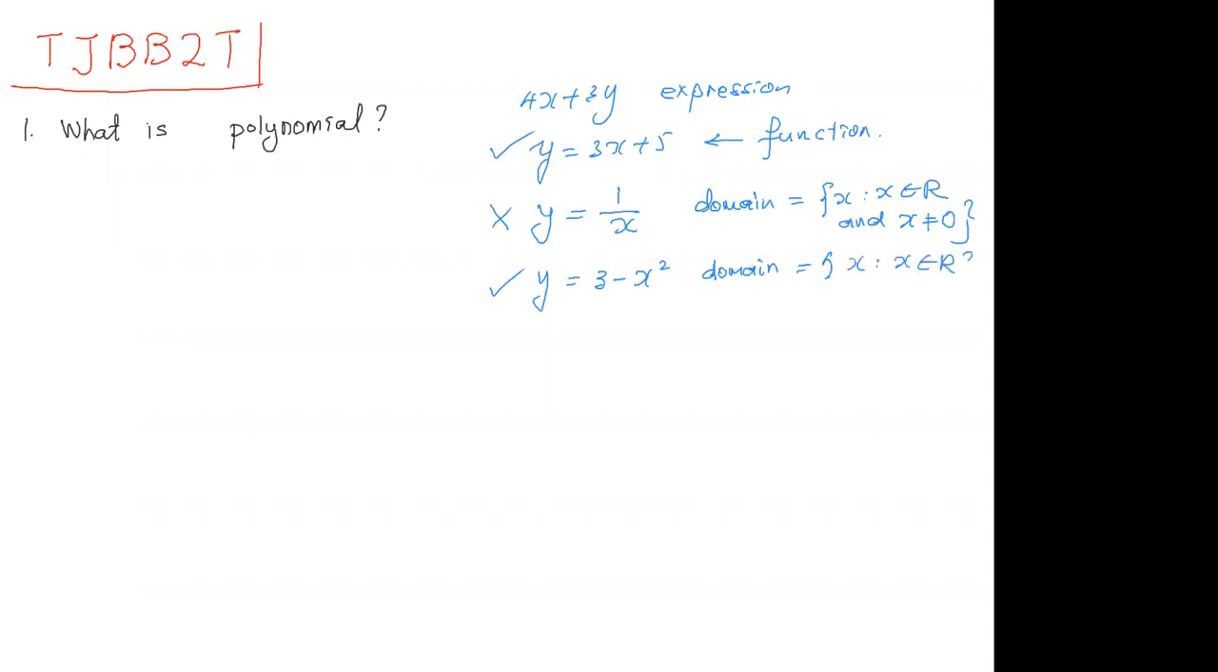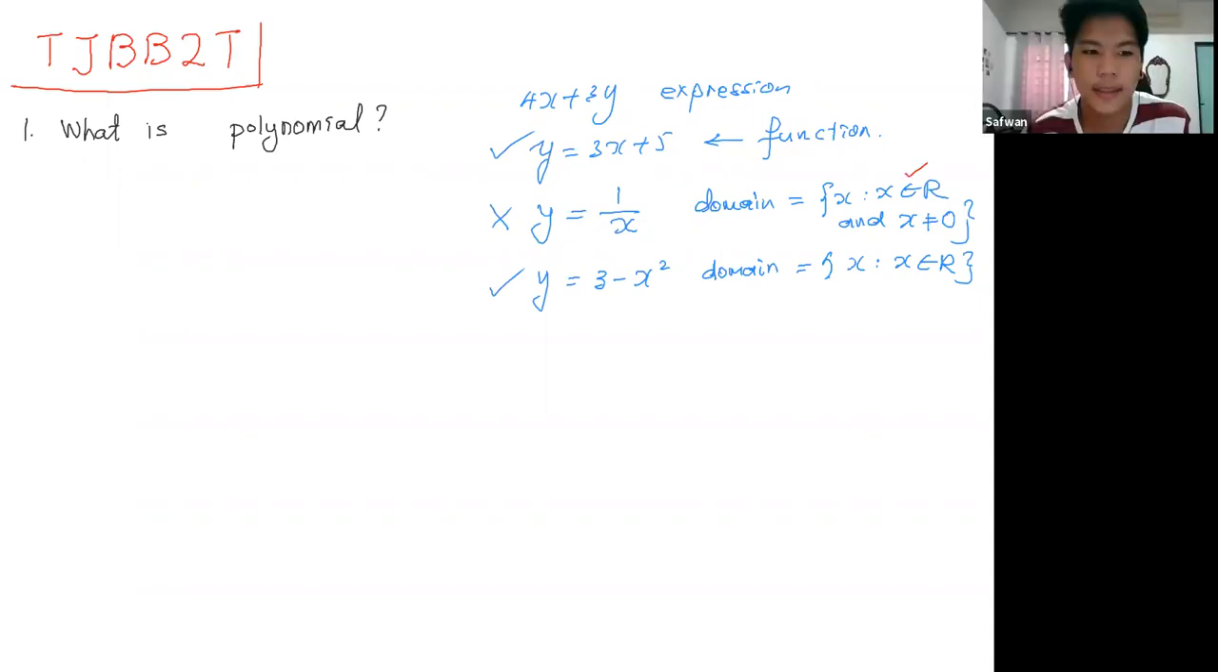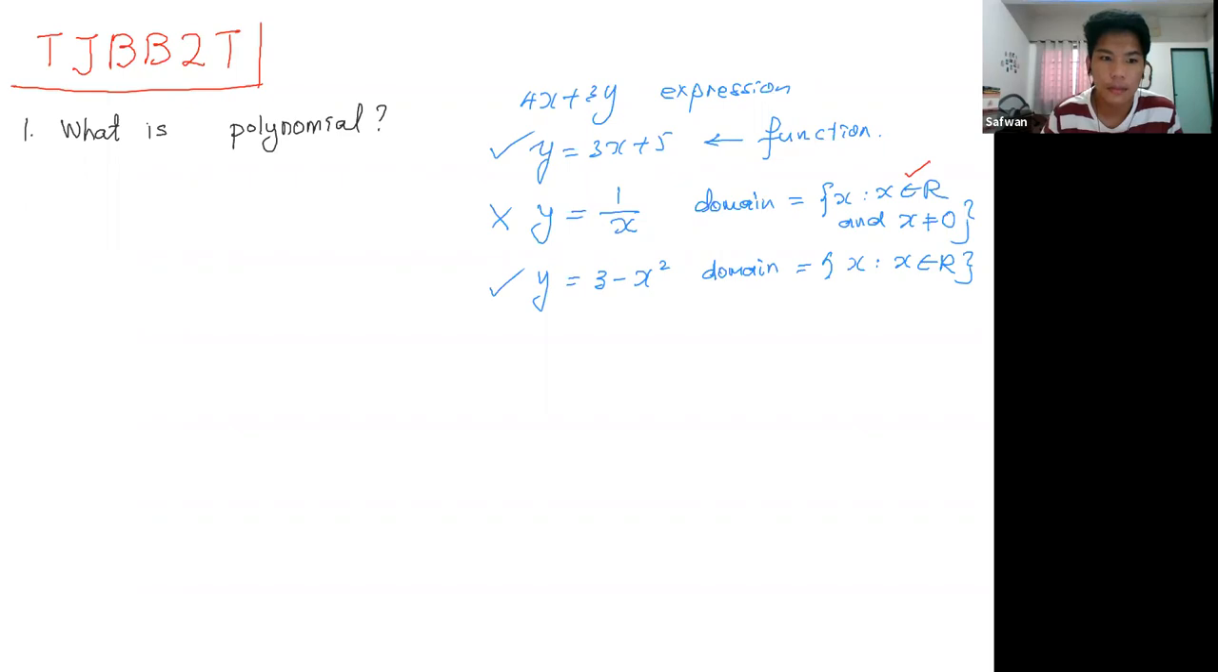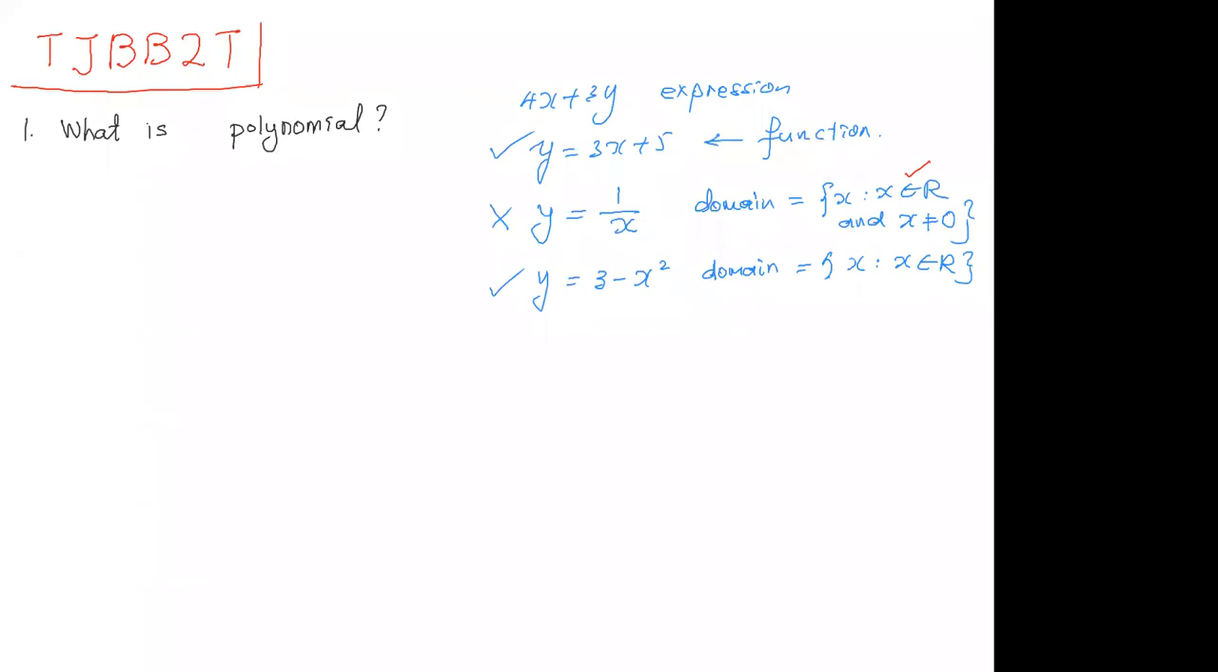Okay, do you understand the symbol that I use here? Do you understand this? Do you know how to read that? No. Okay. So that reads as x is a member of real number. Still remember your set? So for this one, the way we read the domain is x is a member of real number